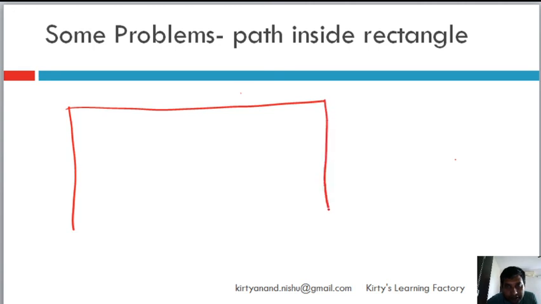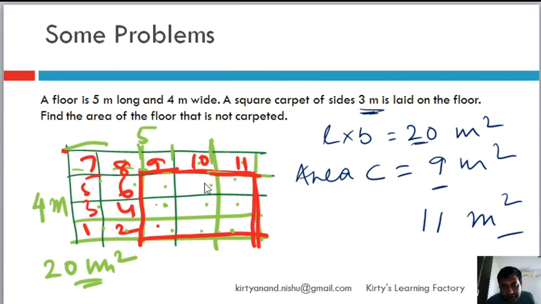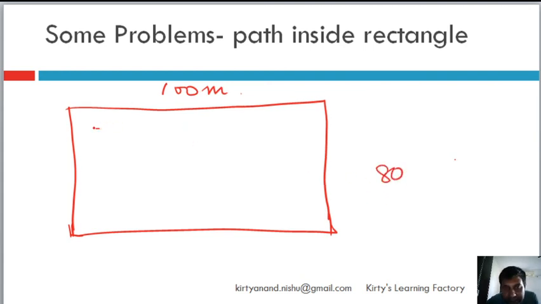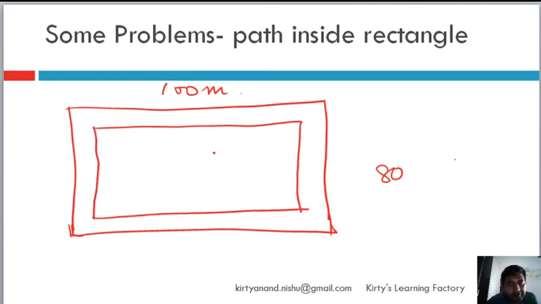If you remember the carpet or uncarpeted question from the previous one, we just solved it by drawing. There was no need to find area or anything. We could just solve it by drawing and counting on fingers. That's it. This also we will use a similar technique. So what we said so far is that this is 100 meters and this is 80 meters, and then internally we are making a footpath which is 1 meter wide all the way.